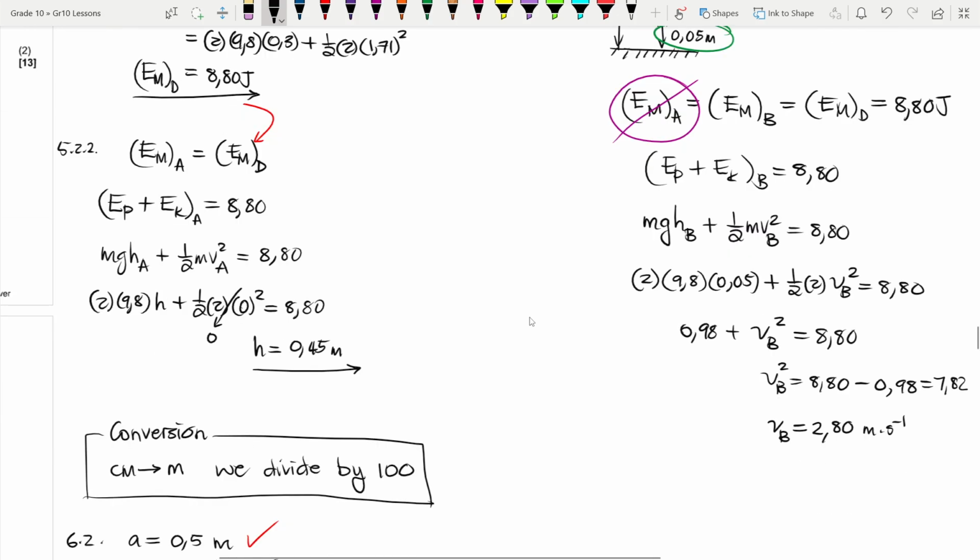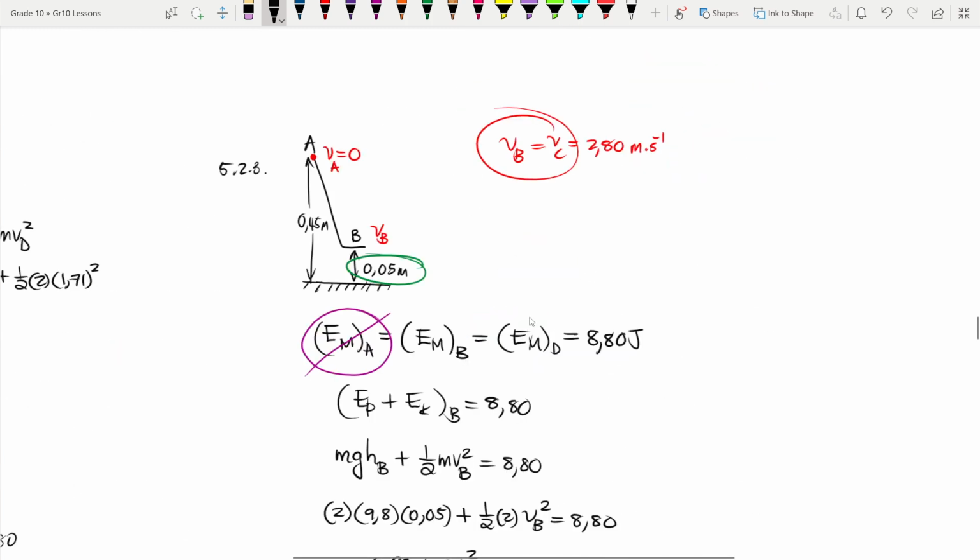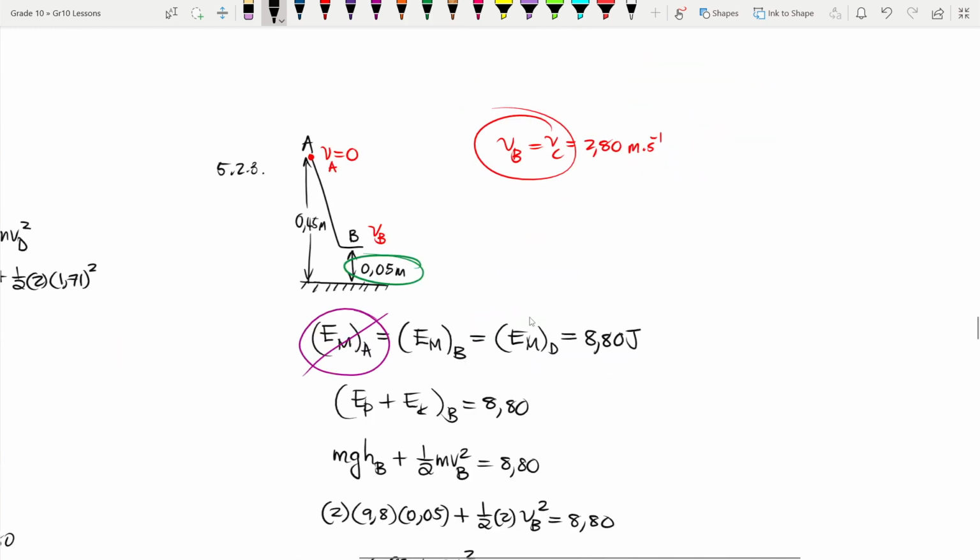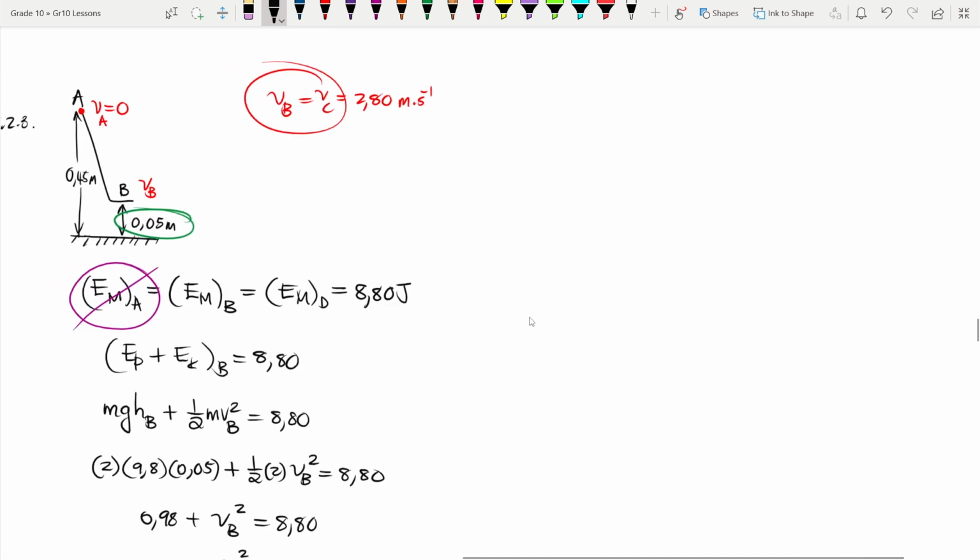But guys, the procedure, I think we just need to take a deep breath. The procedure is exactly the same all the time, it doesn't change. We always look at 2 points. That's it. That is if we don't have the mechanical energy in the system. But if we do have the mechanical energy, then I just need to look at the information for 1 point. What I mean by this is, let's say I didn't have the mass of the ball, and I just know that the height at A is 0.45 and the velocity at A is 0. Then I'll just say